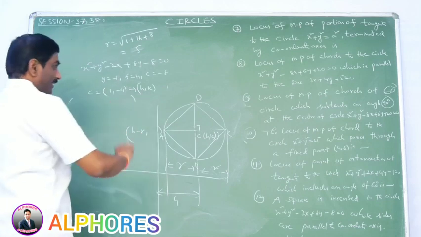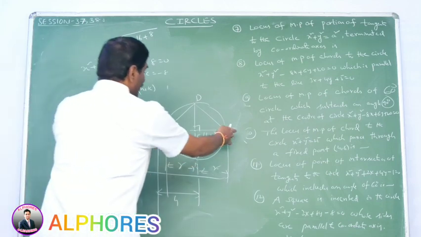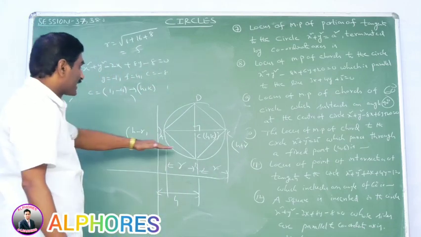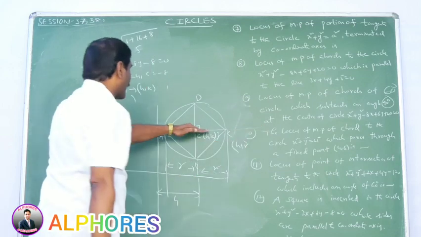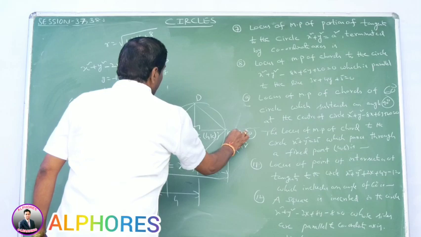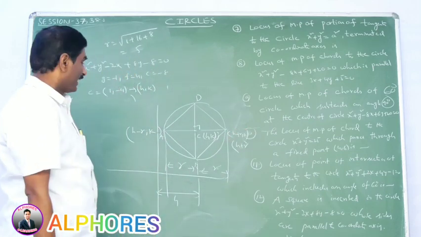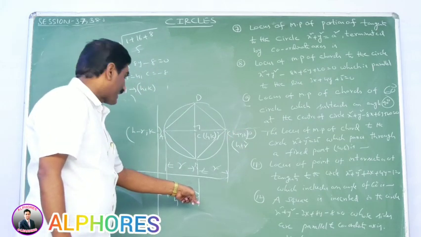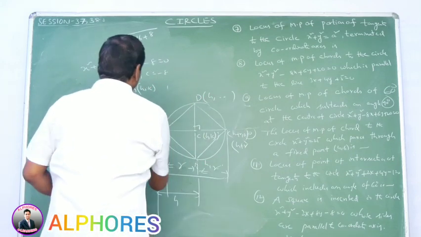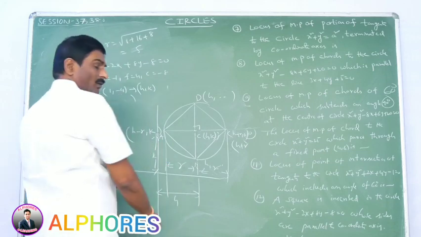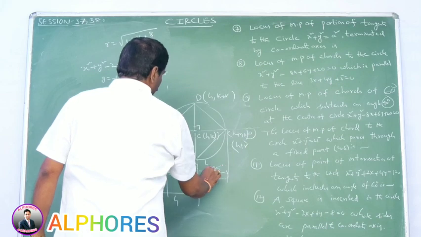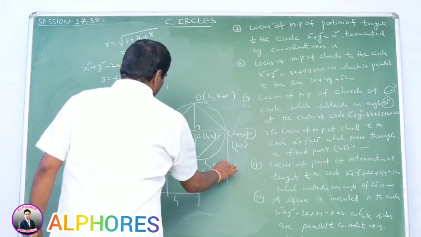Next we find the y coordinates. Since AC is a horizontal line, the y coordinate is constant, which means k. So the points are (h − r, k) and (h + r, k). Next, BD is parallel to the y-axis, which means x is constant: the x coordinate is h and the y coordinate varies. The distance here is k, so the y coordinates are k + r and k − r. The points are (h, k + r) and (h, k − r).